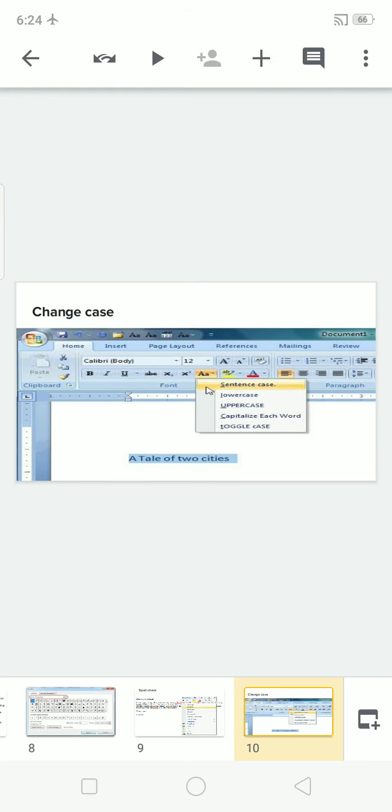Change case. If you need to change the case of your word or letter, we can change it. Lowercase or uppercase, sentence case, capitalize each word or toggle case. Any type of case we want, we can give that. There are times when you would like to change the case of a block of text from lowercase to uppercase